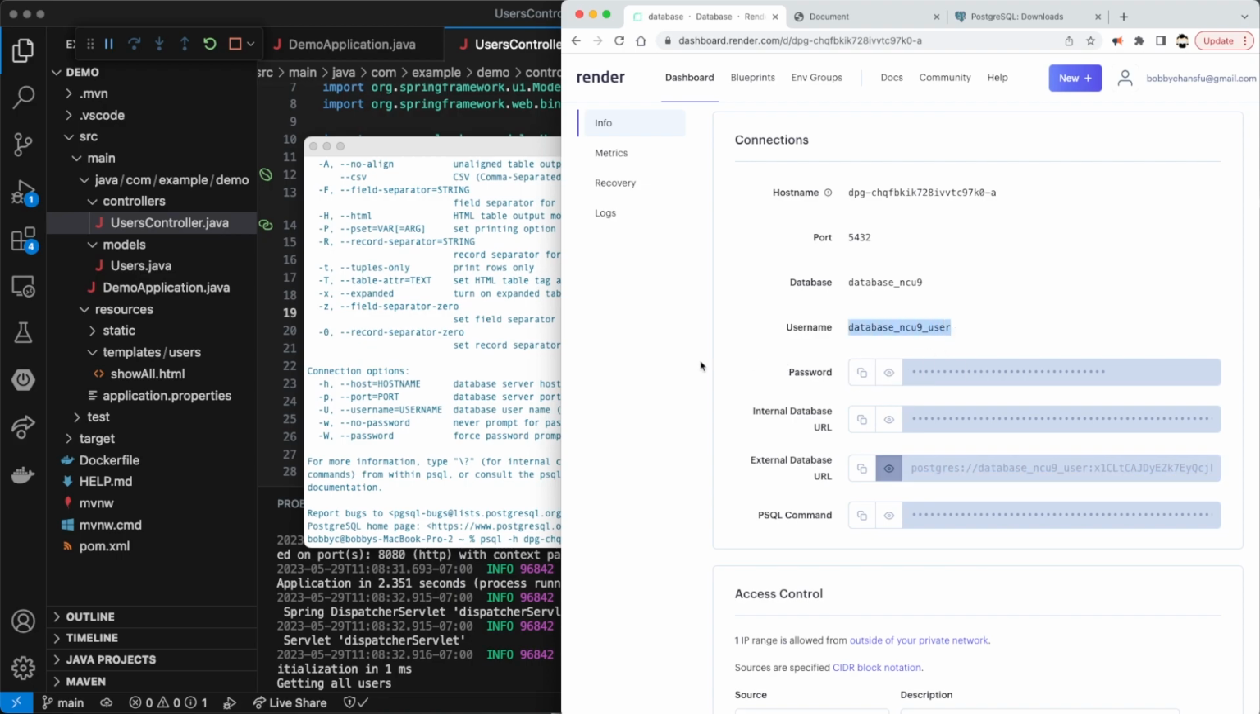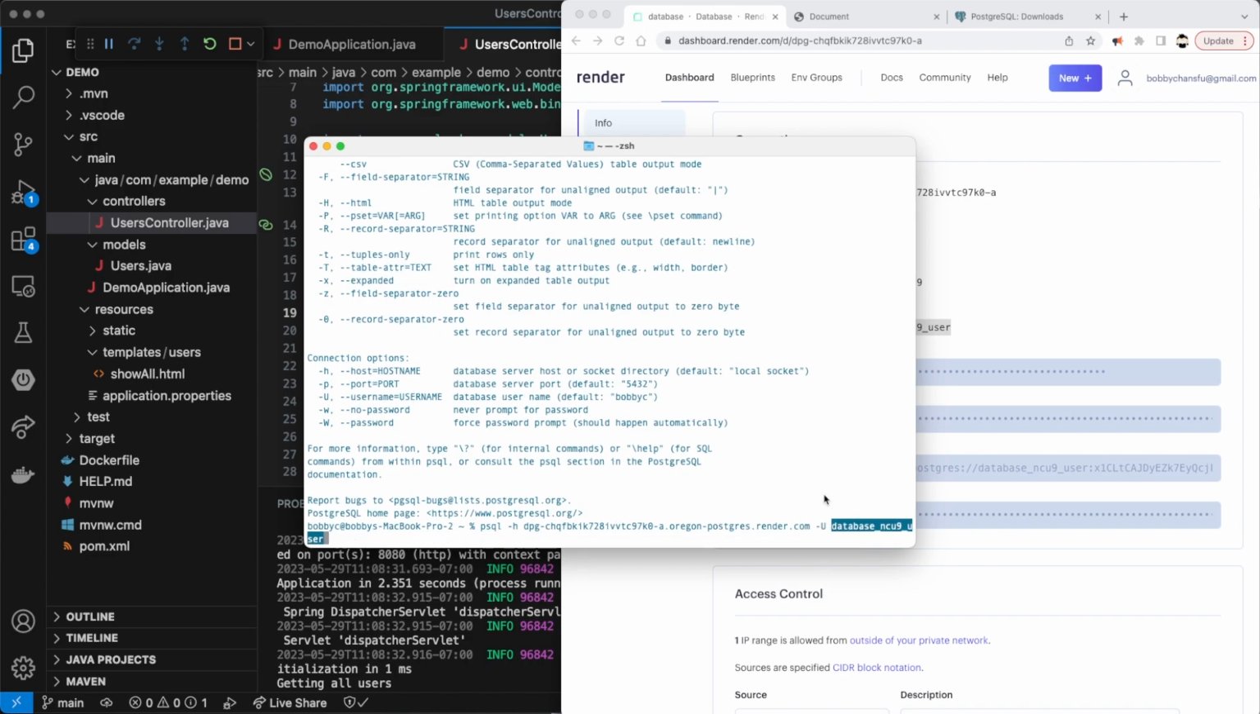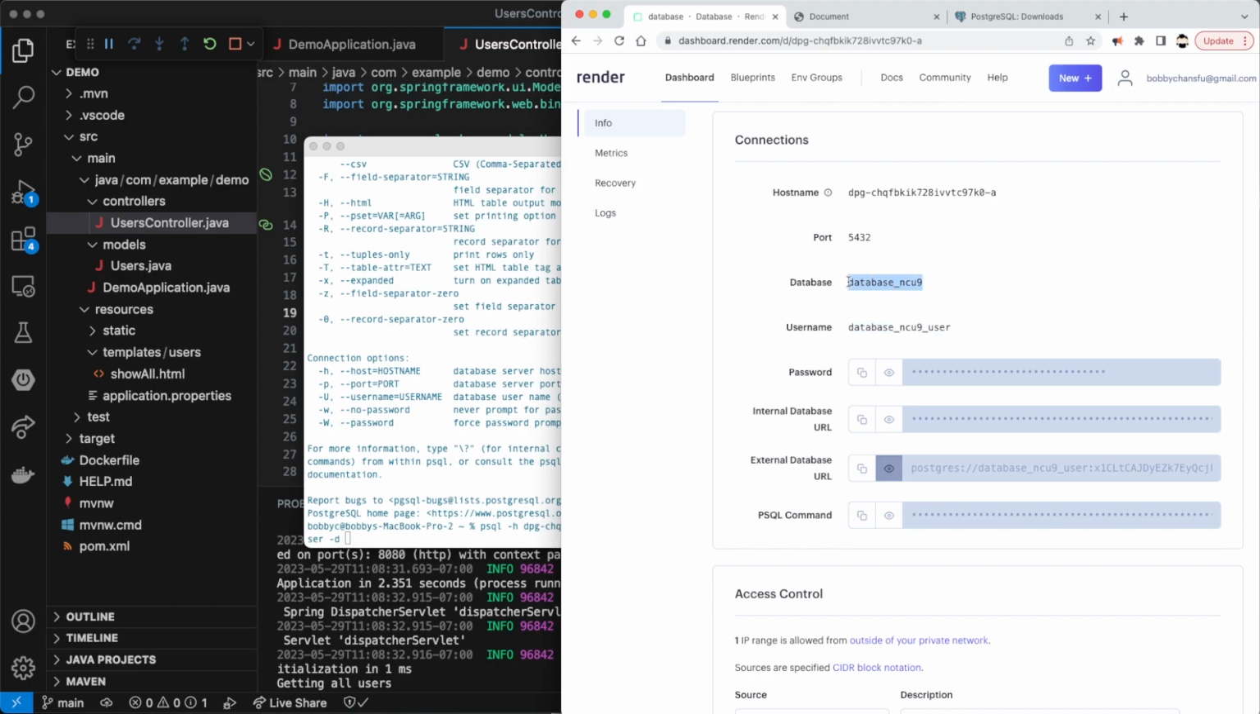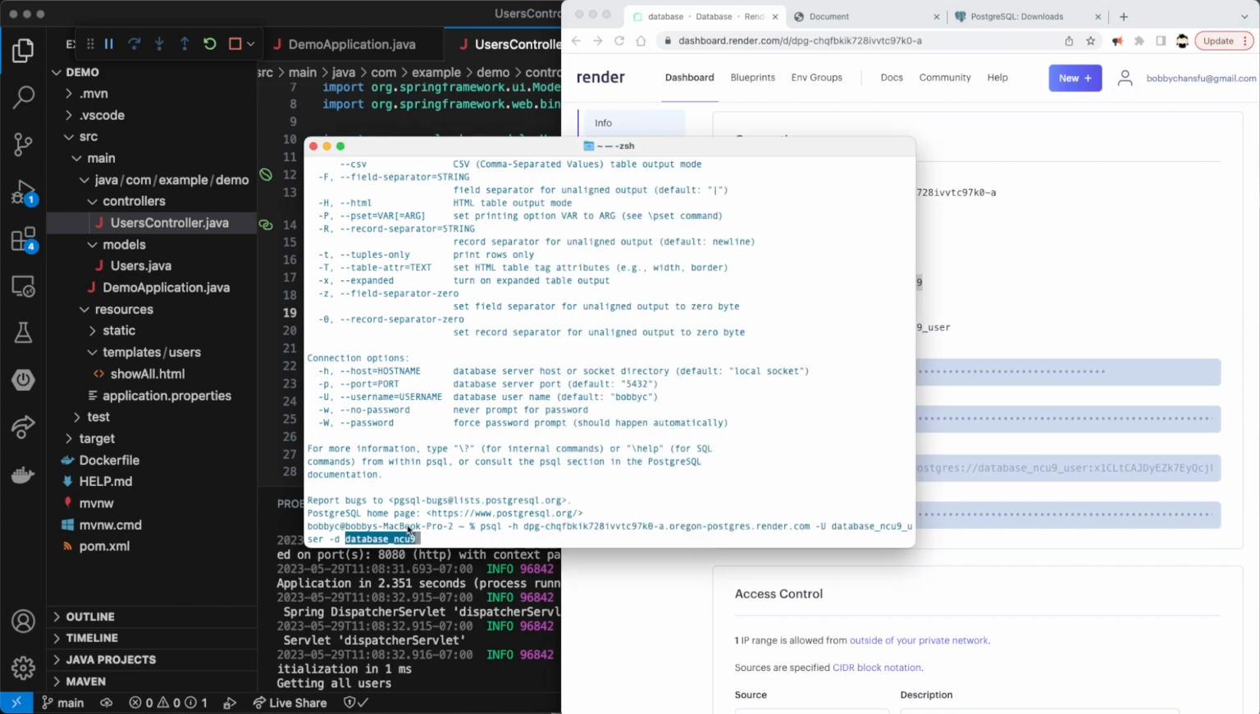So this, in our case, it's database_NCU9 user. So I'm going to copy that. And then finally, we're going to need to connect to a particular database. And the name that we're given for this database is, again, database_NCU9. So this is going to give us all the information that we're going to need in order to connect